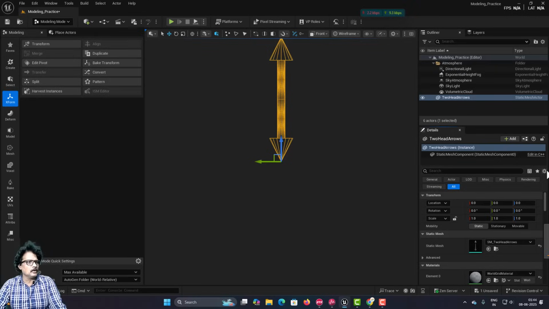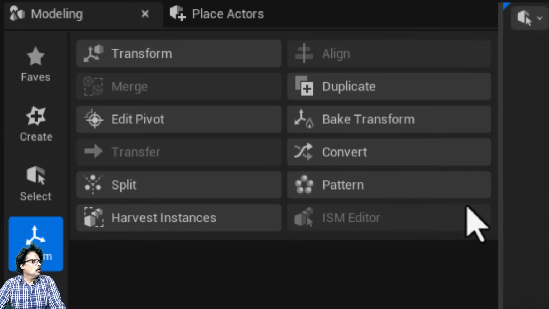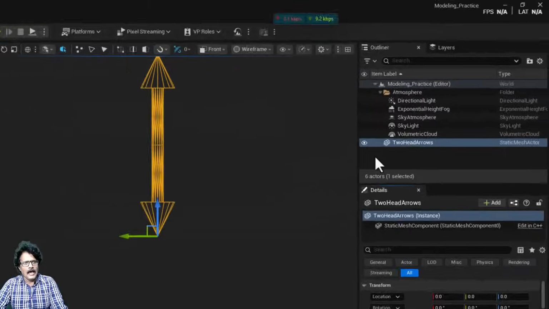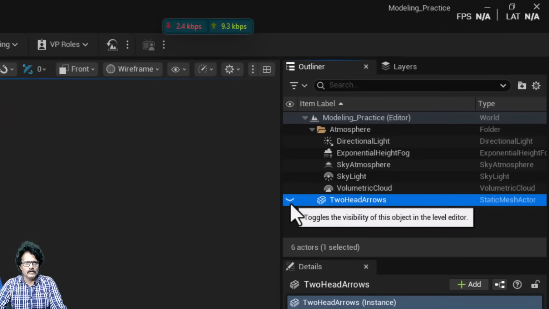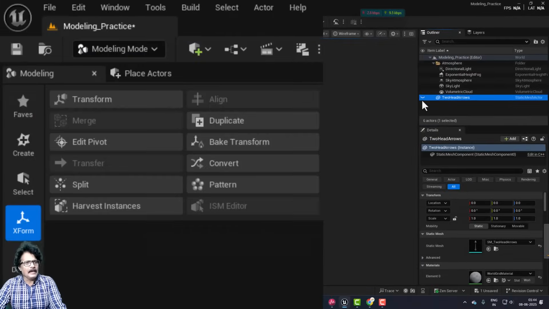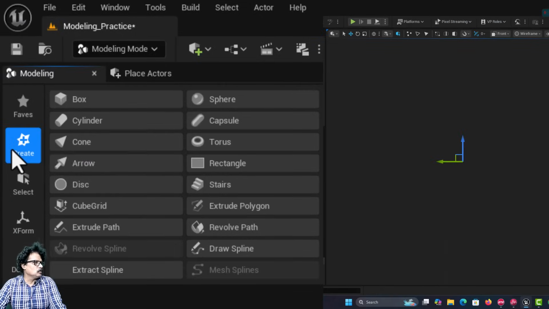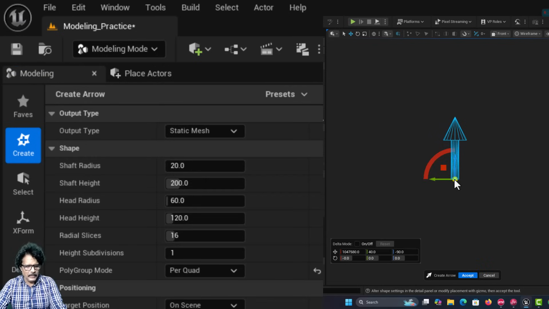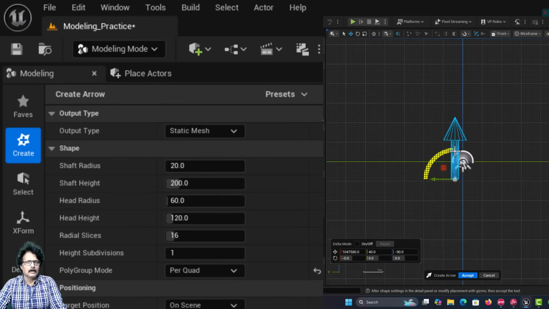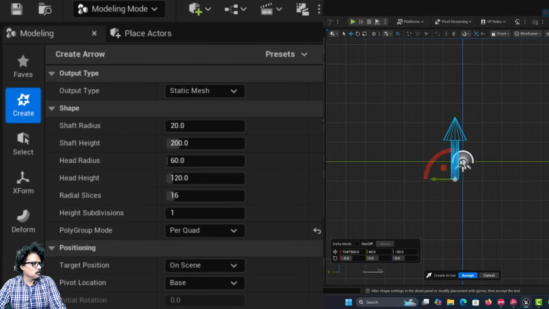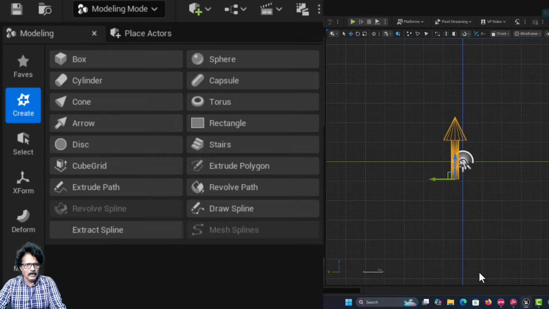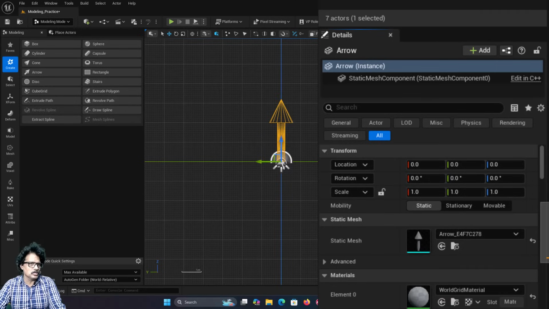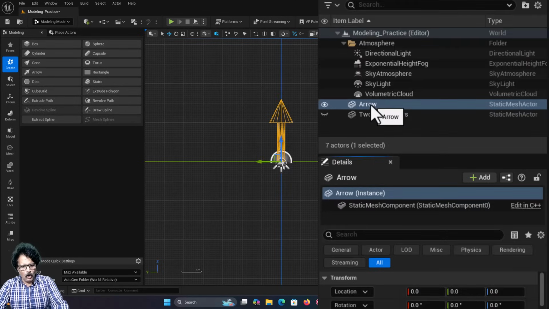The next thing we are going to experiment with is this bake transform. I am just going to switch this off and I am going to create direction arrows. So, I will come into create and now I am going to create the arrow. I will select the first arrow and I am going to place it here, press G to see this grid, and I am going to place this pivot point at the base. I will click accept here and then reset this to 0 0 0, and I am going to call this